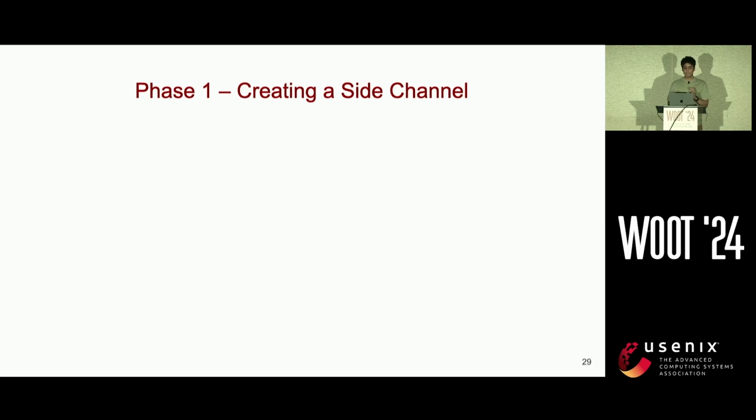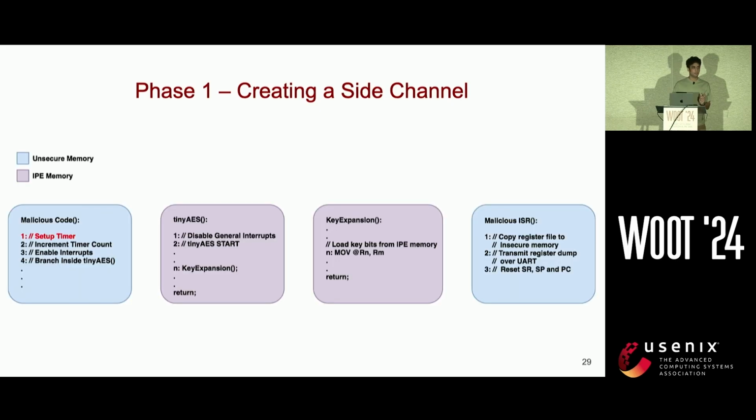The entire exploit can be broken down into 3 phases, where the first phase consists of creating a side channel to get the IP code register file dumps at a single cycle granularity. First, the adversary sets up and initializes the timer module. Next, they increment the timer count by 1, enable general interrupts, followed by a branch to TinyAES code inside the